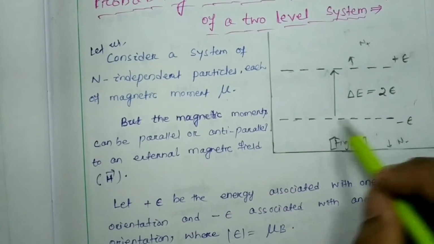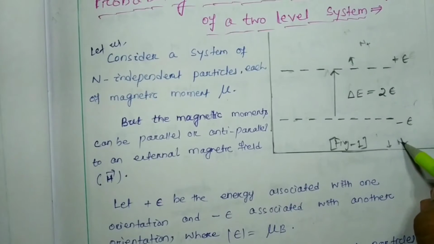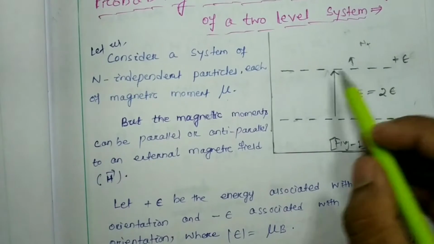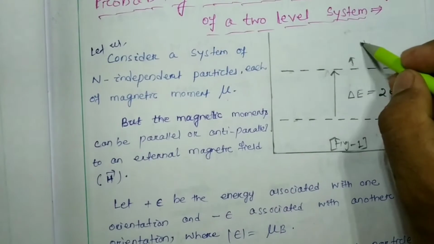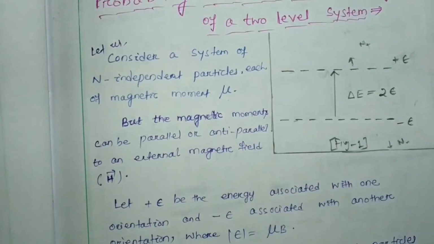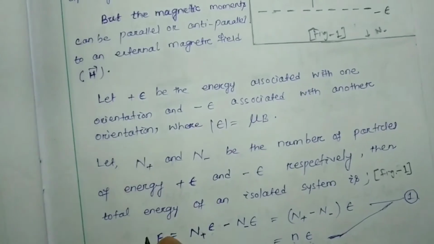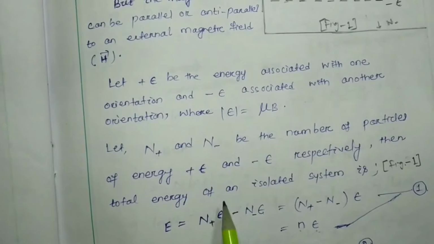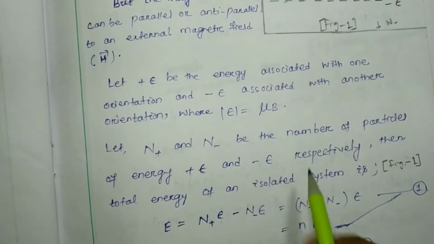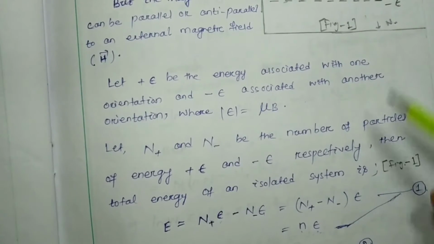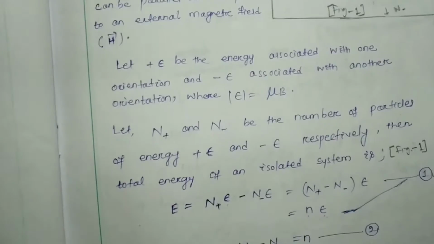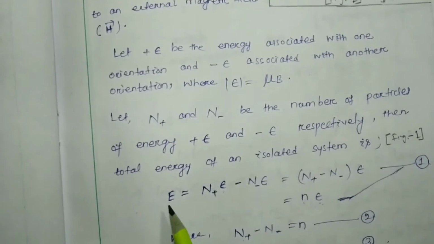Then the total energy of an isolated system, considering figure 1, will be